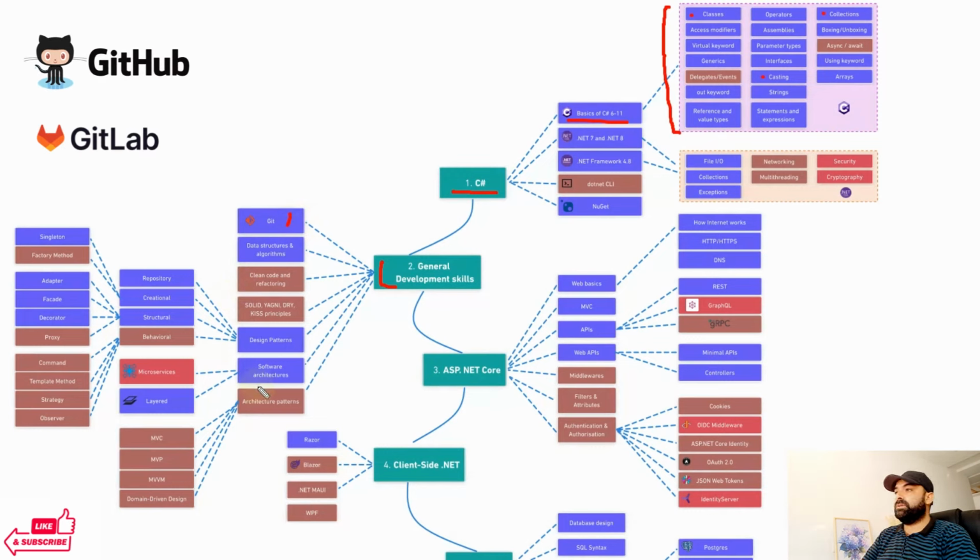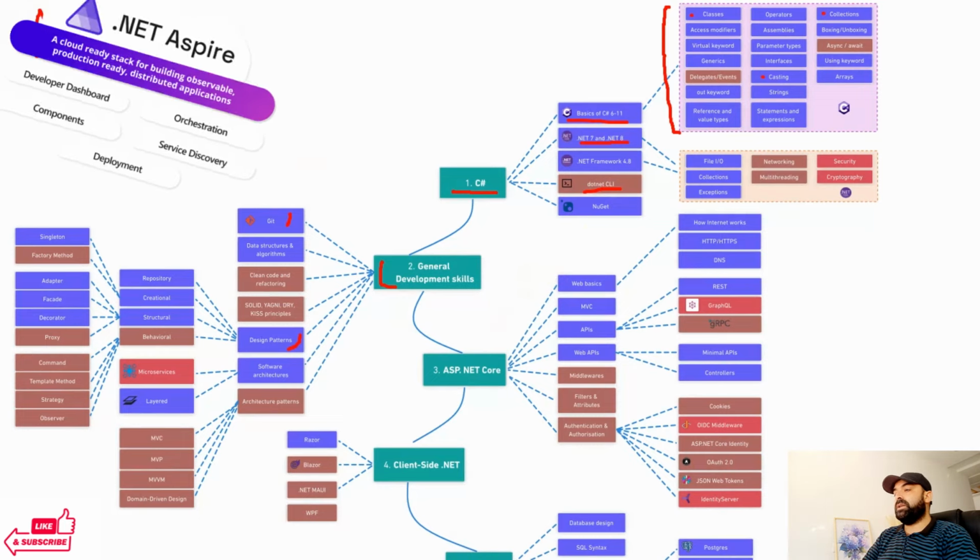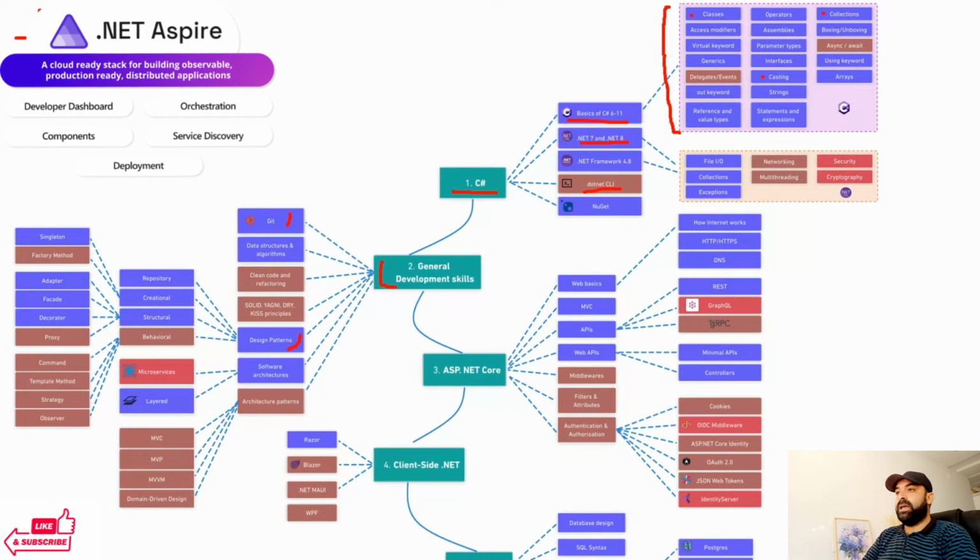Then learning data structures and algorithms, design patterns, and the basics of development. Those are becoming more and more prevalent and you are going to see way more of them. And of course, .NET 8, .NET CLI, and now I would recommend that you get started with .NET Aspire because it's not going anywhere. It has a big Microsoft investment behind it, and people like David Fowler literally pushing it everywhere. So get ready for Aspire to get bigger and bigger.